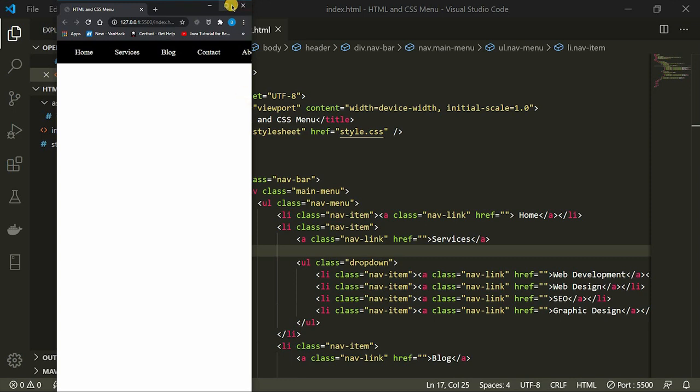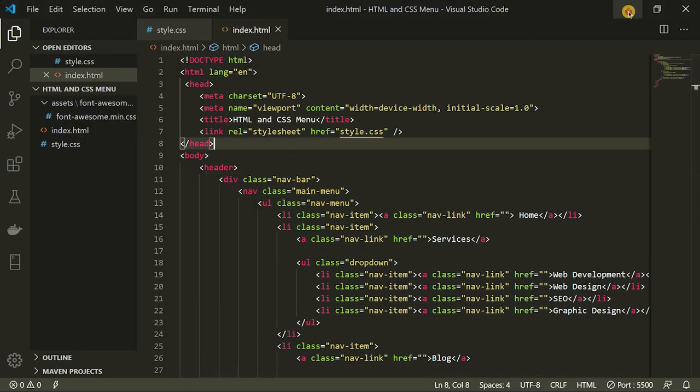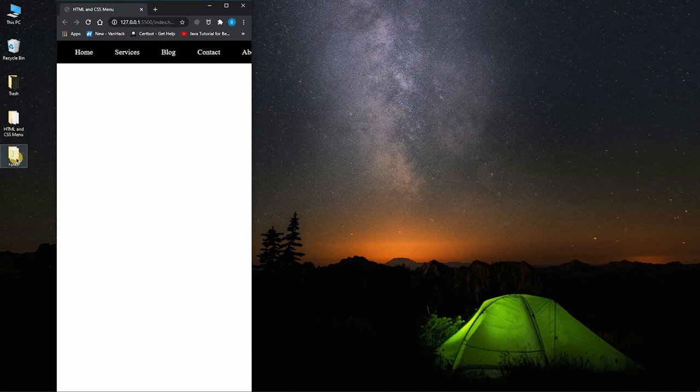And that's all. So we're going to start off with including a couple of files, because we will need an icon on the screen. So let's minimize this. You can see here I have a folder called fonts. This contains Font Awesome. So I'm just going to